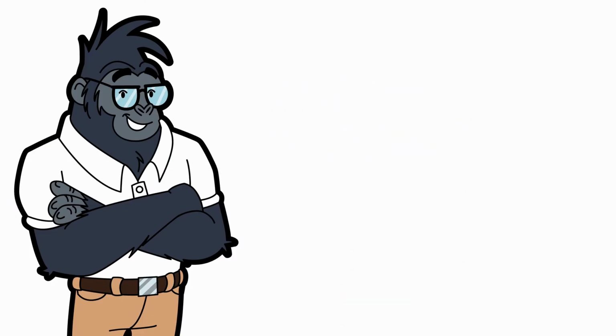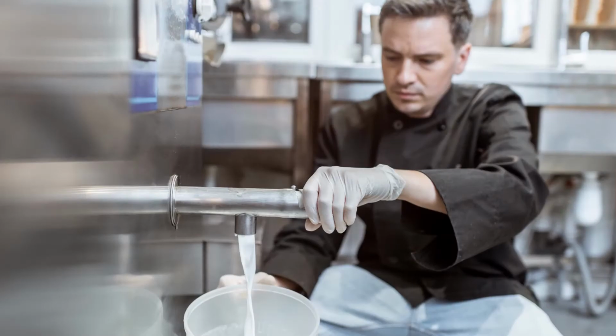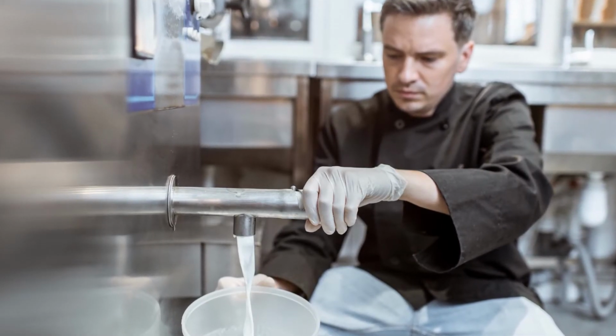Whey protein is a mixture of proteins isolated from whey, which is the liquid part of milk that separates during the cheese production. Milk actually contains 2 main types of protein, known as casein, which is about 80%, and whey, which is the other 20%. After being separated during cheese production, whey goes through various processing steps to become what people generally recognize as whey